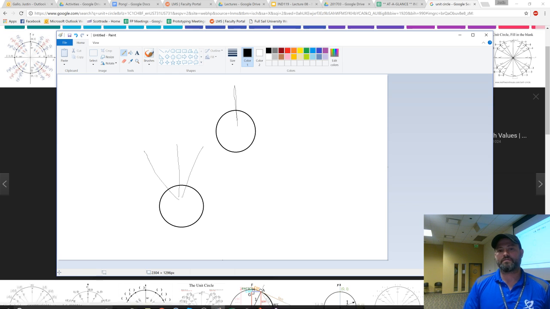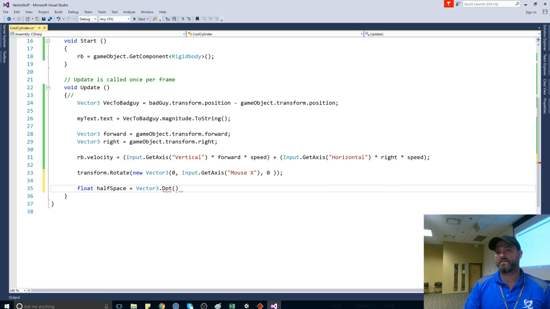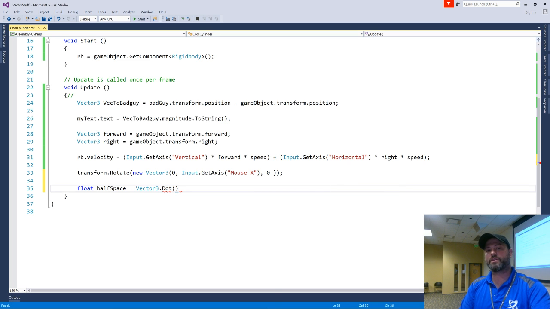So if I want to know that, I guess we can do if I'm facing him, facing in the same direction he is. And I'll show you that. So what I need to do is I need to dot my forward with his forward. All right?